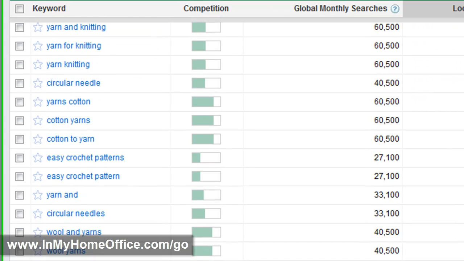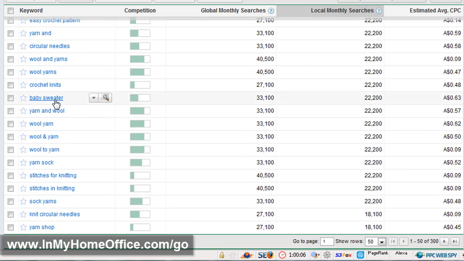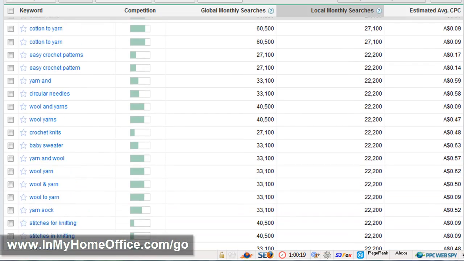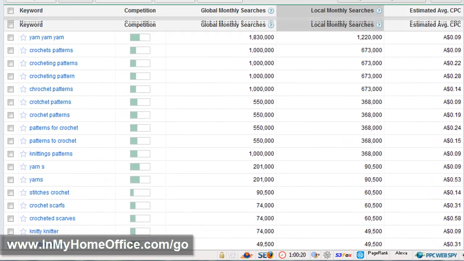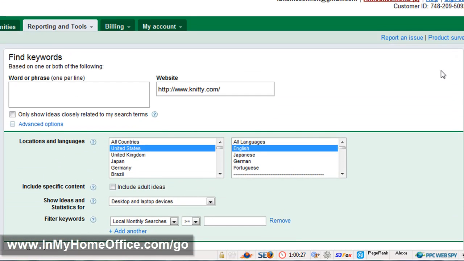You'll start with one, and then you may have an opt-in page which is, I'll give you 10 crochet patterns for your email address. There may be another one that says I'll give you a free pattern for a baby sweater for your email address. There could be another one for sock patterns, but you would test all of those until you found one that worked really well, and then you would roll them into a membership site where you offer these different patterns for a monthly charge. So that's how you create your keyword phrase list,